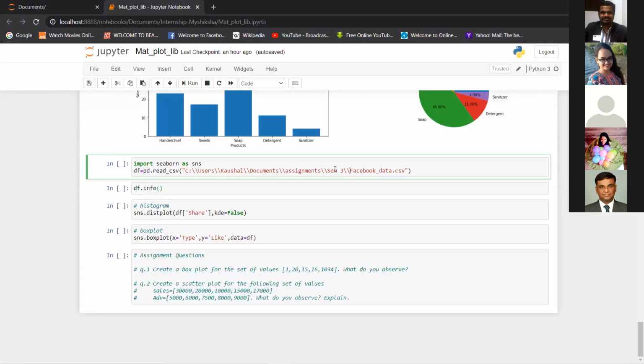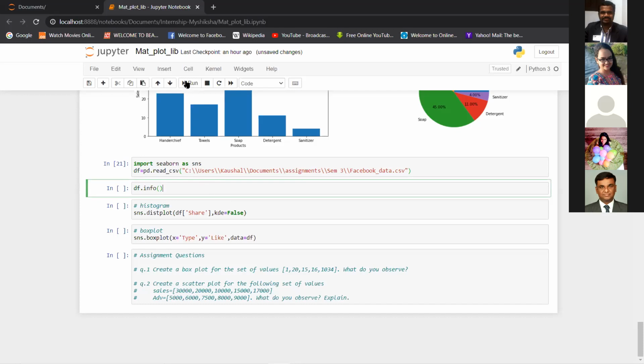My file was not in the documents folder, this Facebook_data, that's why I had to give this path. So if you can download the file now, or if you have the file directly, you can try to load it, and please check the path. It will be loaded in this data frame df. Okay, so this has been loaded. You can try to load the data frame parallelly as well.